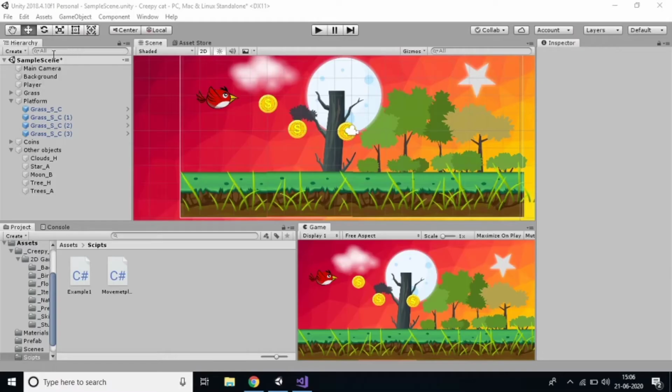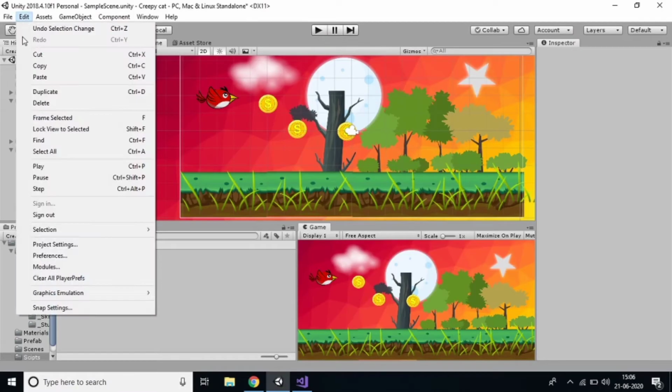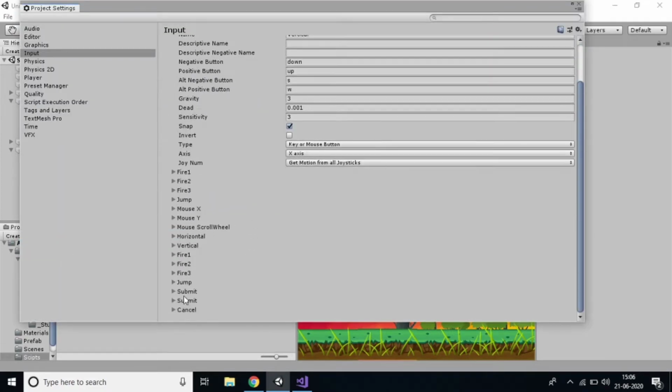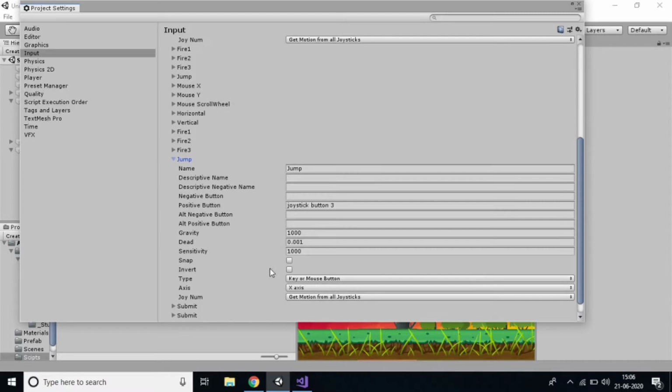So if you press the space button, it should jump, right? Just go to project settings and you can see the jump here. The name is Jump, and if you press the space button, it automatically jumps.